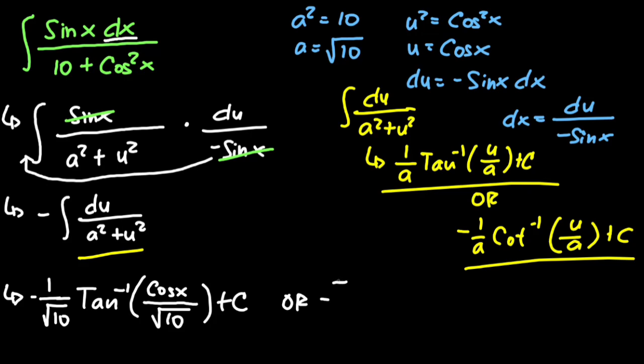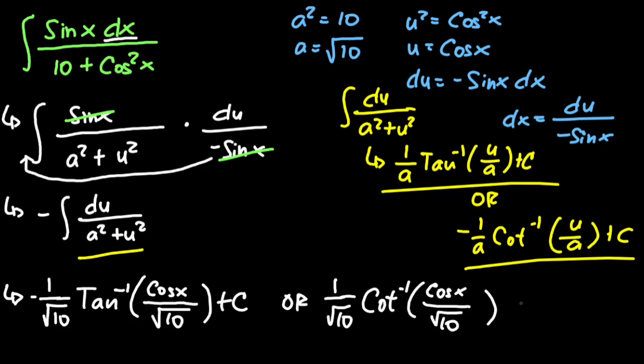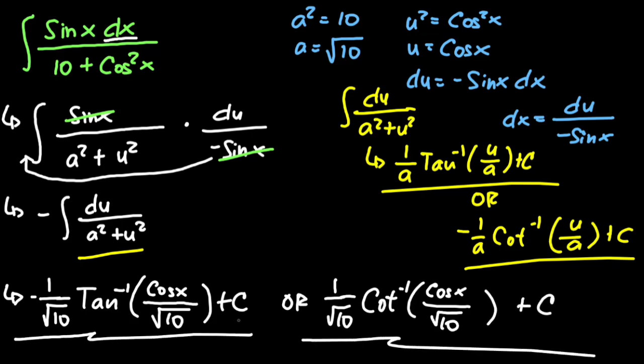negative multiplied by negative 1 over a, which will be positive because there is positive. So it will become 1 over a multiplied by cotangent. A here is square root of 10 of u, which is cosine of x, over square root of 10 plus c. This can be either be the answer. Take note